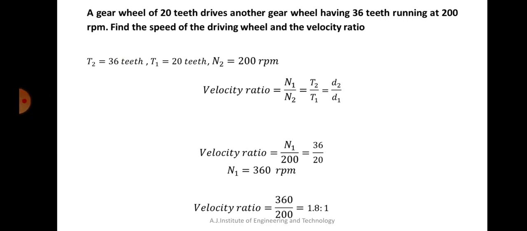Okay. So next let us go to one more problem related to compound gears. In the previous slides we have done the derivation for that. That is not derivation actually, we just found out the velocity ratio of compound gears when there are 4 gears. So N1 by N4. Okay, so we'll do that problem.